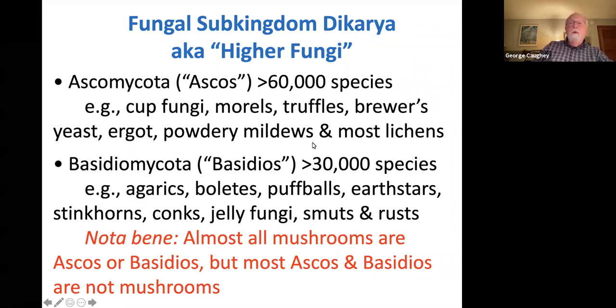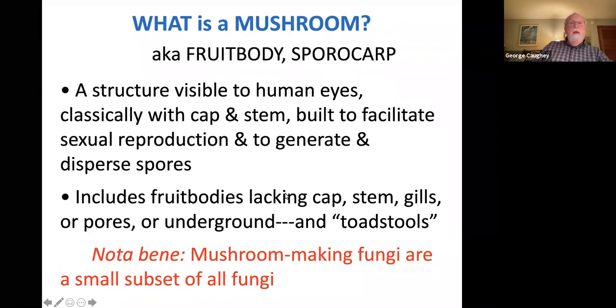Powdery mildews, and most lichens. There are an enormous number of lichens in this world which form partners with other life forms, but most of those are ascos. And then the basidios, and they include